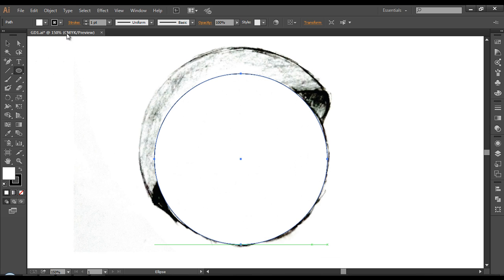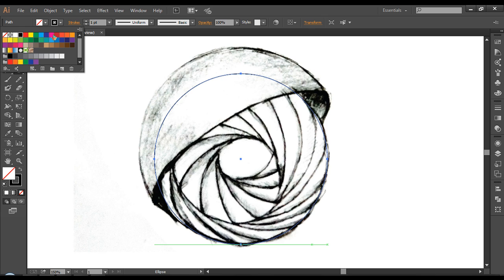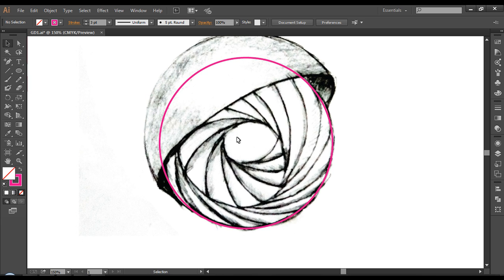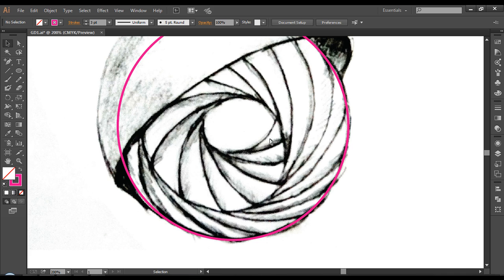And let's remove the fill color for a while and set the stroke color to something bright so that we can see, and let's increase the thickness, maybe 4. Let's keep it that way, or maybe 3. Now next, let's create this inner spiral design. So we'll use the pen tool, P for pen tool, click, and let's just trace it out, click and drag.